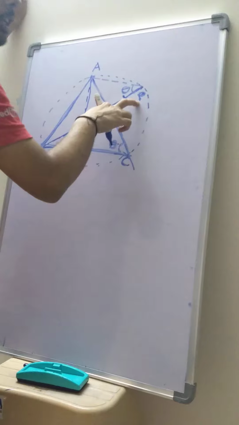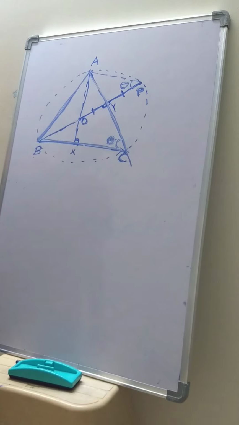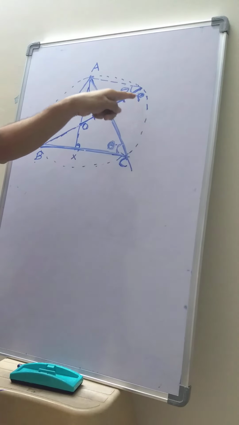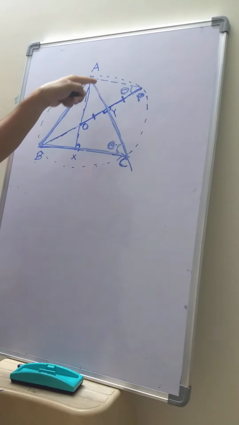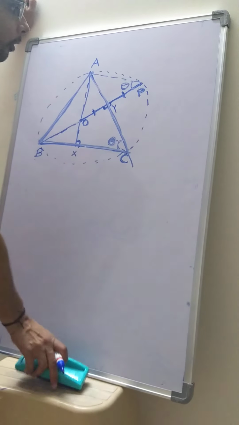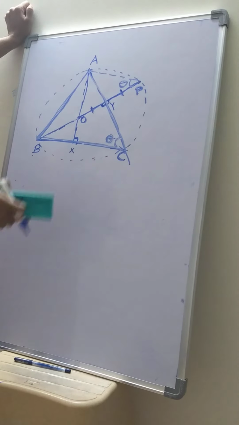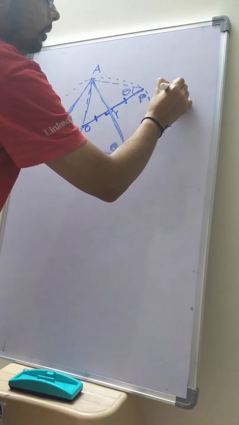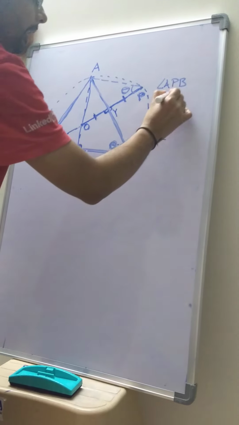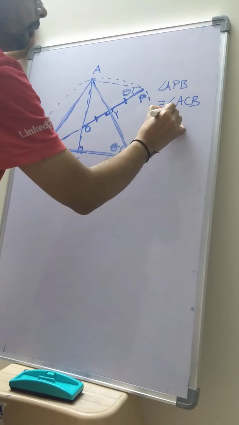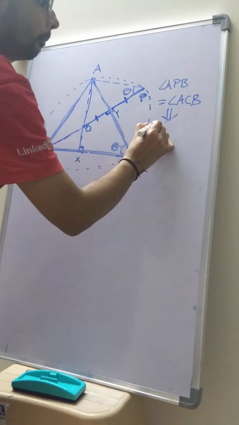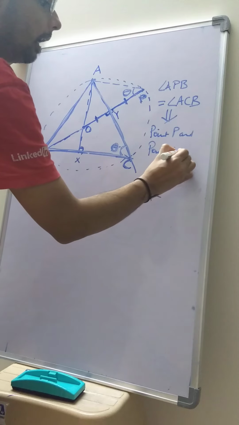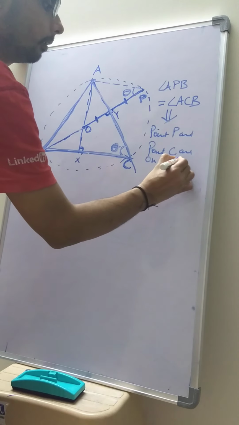So it means the point P will also be on the circumcircle. And what is point P? The point P is the mirror image of the orthocenter over the line AC. So what do you need to prove now? If you can prove this angle APB is equal to angle ACB, then this will imply that point P and point C are on a circle,